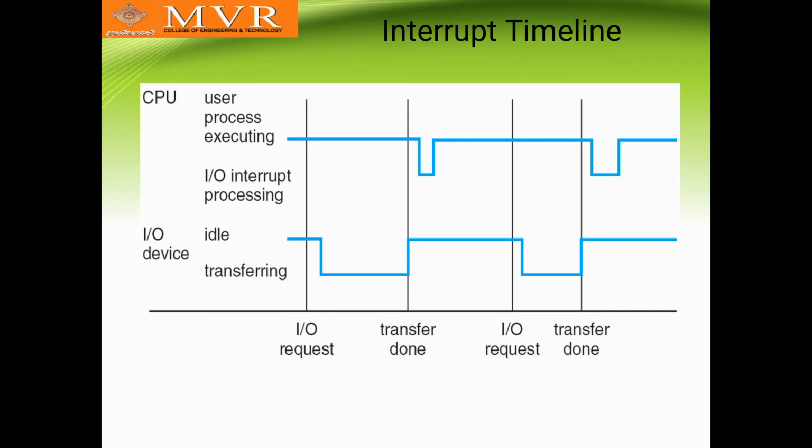So as usual, here also there is an idle state, meaning the input output request is transmitted. Then it will be in the up arrow. If the process is dropped in the middle, then it is down. After completion of the I/O request for the other process, it is moved to up. So the square box is up and down between the timeline of idle, transmitting, and user process execution.